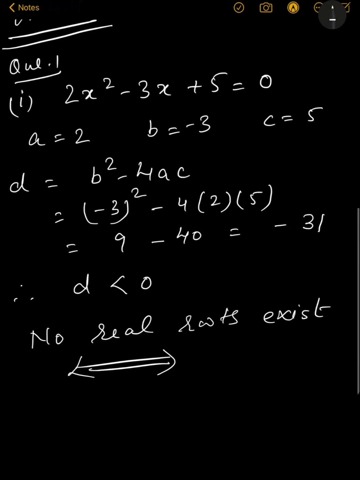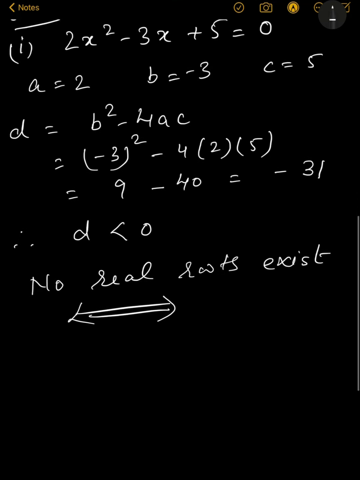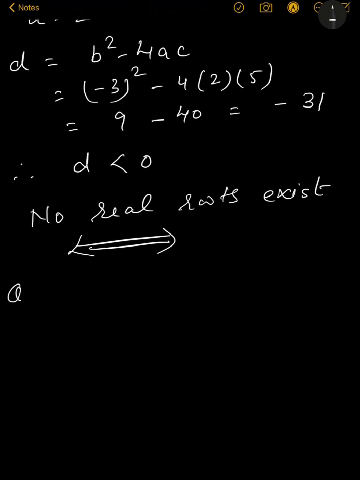Is it clear? And if it comes out to be positive, then you have to apply the same quadratic method, x is equal to minus b plus minus root D divided by 2a, that we have discussed in the previous video. Now let's move to question number 2,